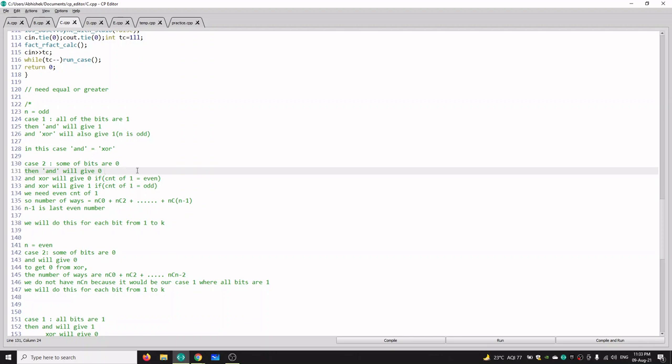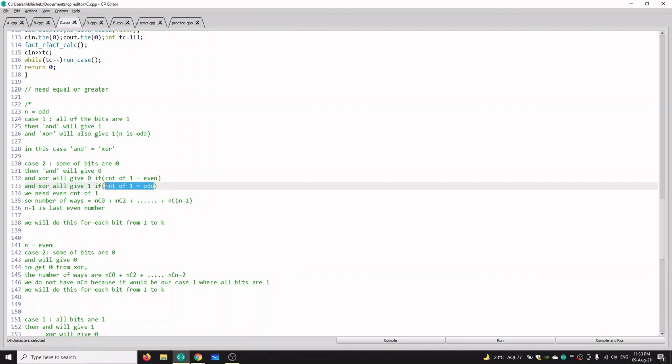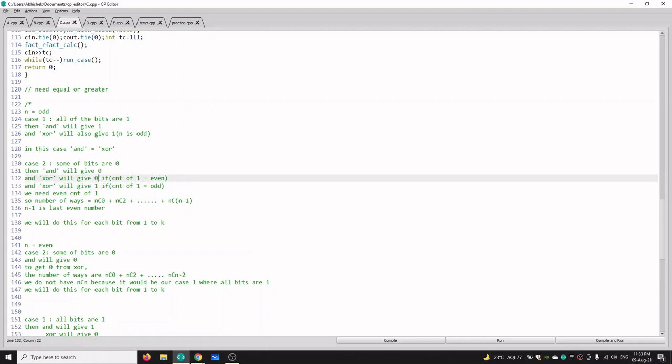If the count of 1s is even, then our XOR will give 0, and if the count of 1s is odd, then our XOR will give us 1. So we need to make this value equal to 0 because our AND value is also 0, and we cannot have 1 because in that case the XOR value will be greater than our AND value. So we need to make the count of 1s even.